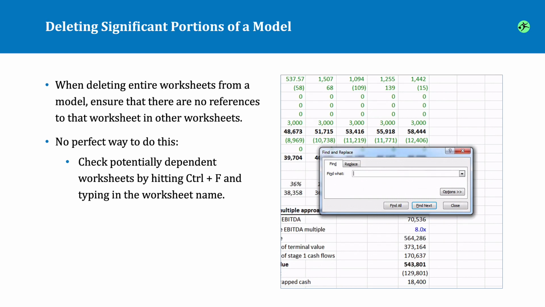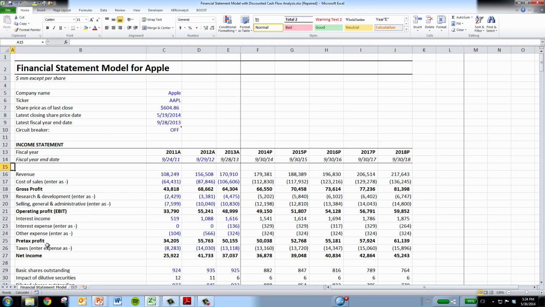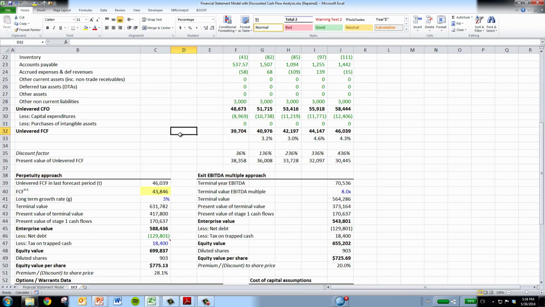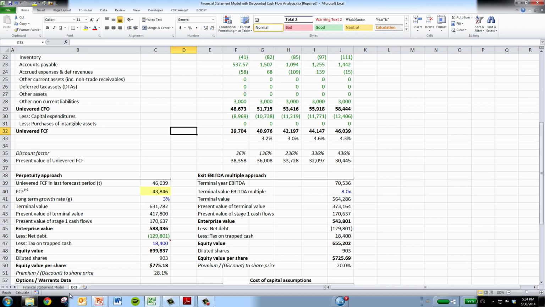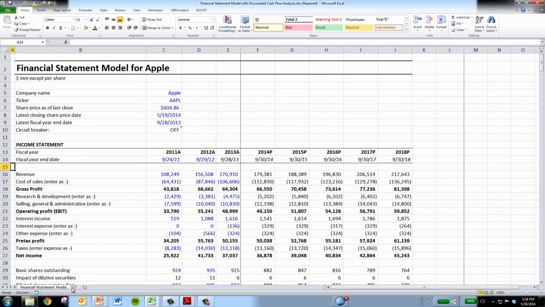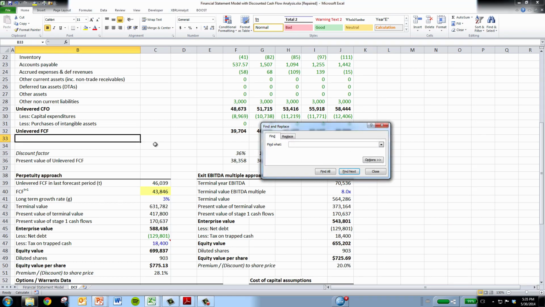So let me show you what I mean by that. You can go to an Excel file. So let's go to this model, and notice that this model has two tabs. If I wanted to delete the FSM tab, the financial statement model tab, and I wanted to make sure that none of the other tabs, in this case just the DCF tab, have any cells that refer to the financial statement model tab, recognizing that this is the tab's name, I could just go into the DCF tab, hit Control F, and type in financial